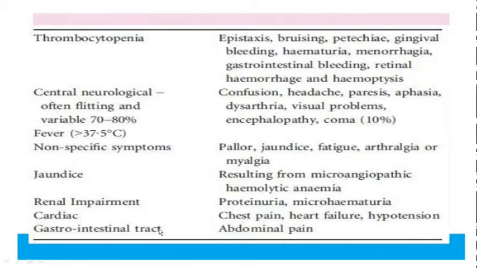It happens in small vessels, that's why it's called microangiopathic. Small vessels are affected as the RBC traverses through them because of the formation of dense platelet thrombi or microthrombi, and because of the inability of von Willebrand factor to exist in a simpler, smaller form, this leads to breaking down of RBCs. As these products go through the kidney, it can lead to proteinuria, microhematuria and subsequent renal failure, and there can be heart failure, abdominal pain or GIT symptoms too.